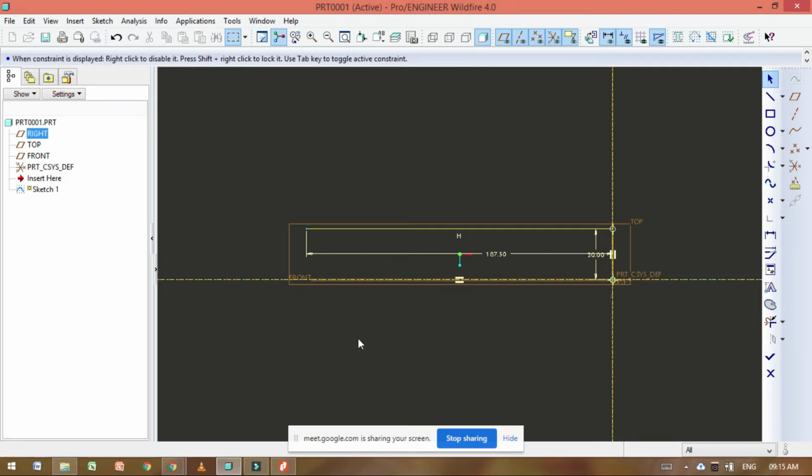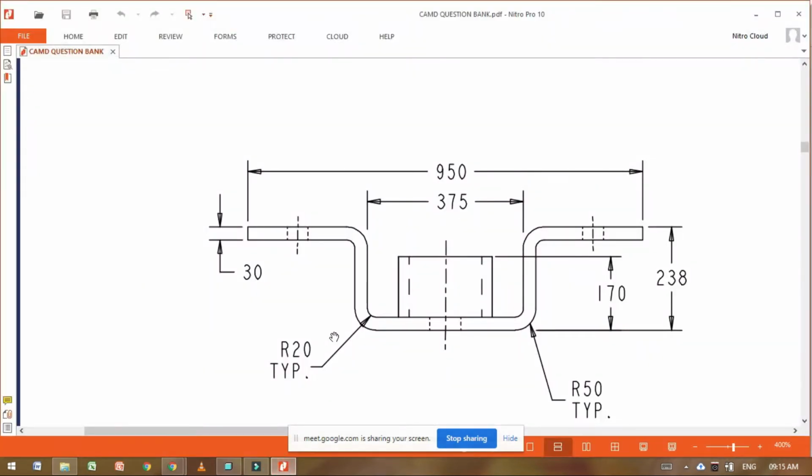Then we can directly get the distance. Then next thing is the height. The curve we can draw later, but we can take the height. Height is 238 minus this 30. So 208 is height from this point to this point. Why? Because 238 and this thickness is 30. So 208 height.